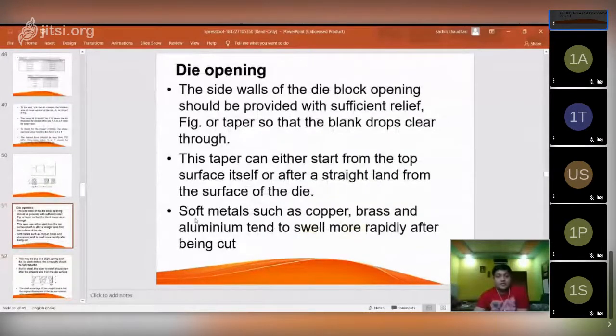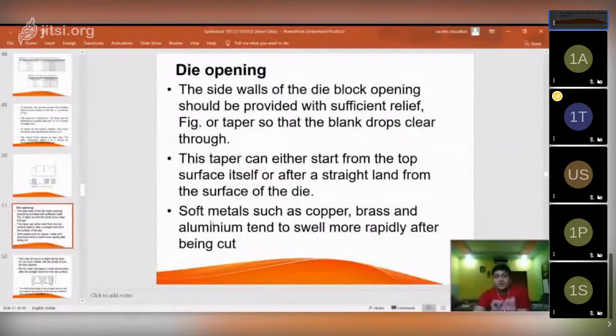See, for the soft metals such as copper, brass, and aluminum, they tend to swell more rapidly after being cut. Okay, that's why this taper can start from the top surface of your die opening or die block.